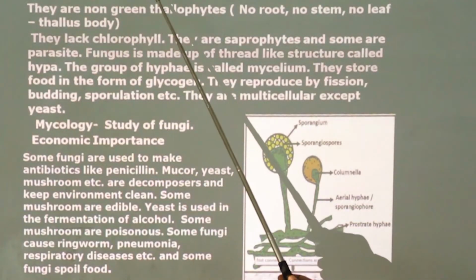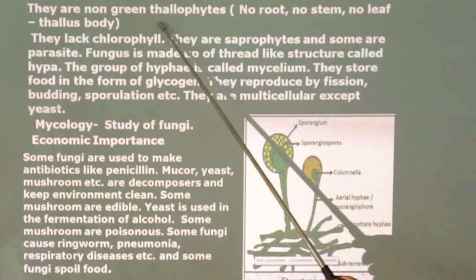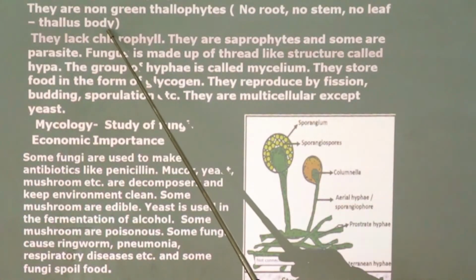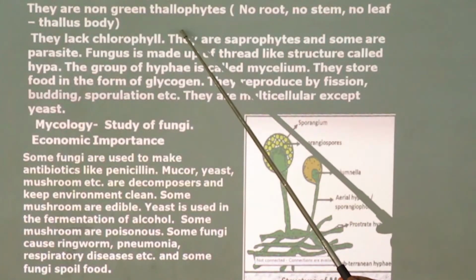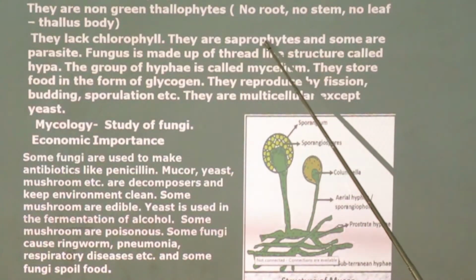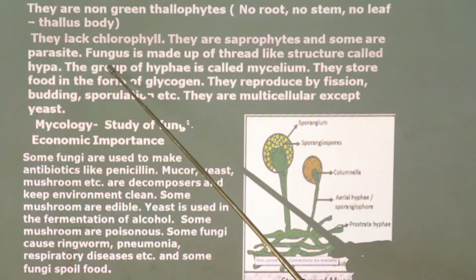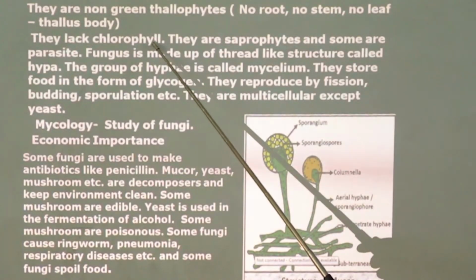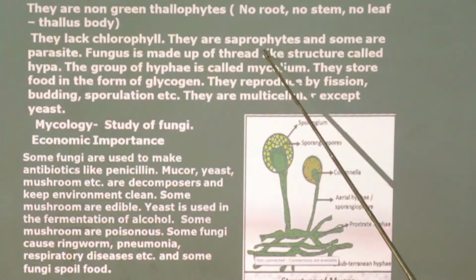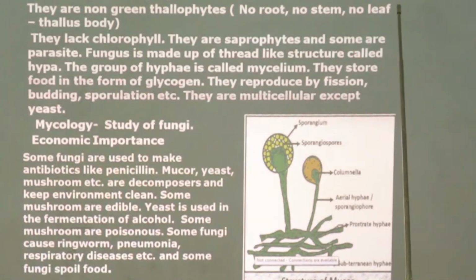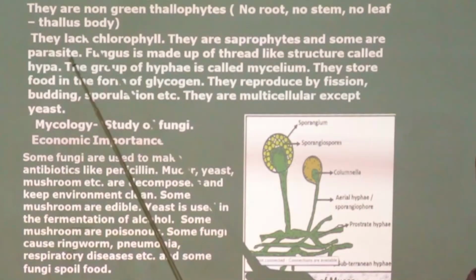Fungi, singular fungus, are non-green thallophytes. Thallophytes means no root, no stem, no leaves. That body is called thallus body. So fungi have a thallus body. They lack chlorophyll. They are saprophytes and some are parasites. Since they lack chlorophyll, they cannot make their food, and as saprophytes they depend on dead bodies of plants and animals for their food, and some are parasites that cause disease on